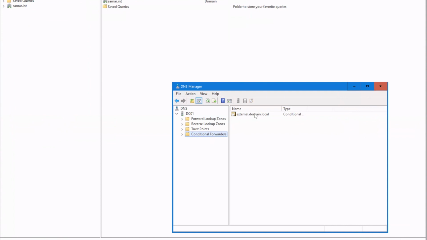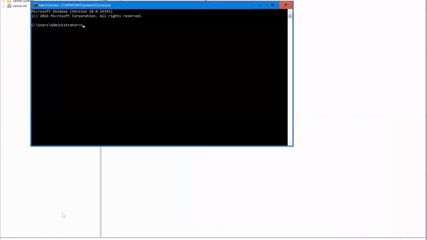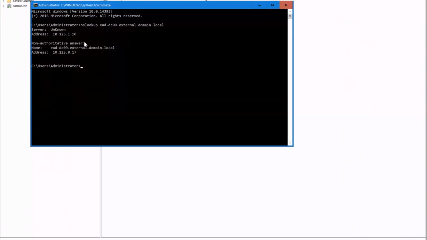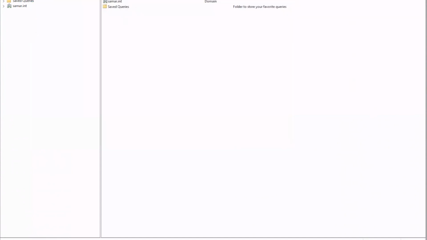We'll see a conditional forwarder for the external domain and the IP address of the existing domain controller, which is where we started, plus the IP address of EAD DCO9. So now you have two DNS servers that can reply to this query. This way, if we type in nslookup EAD DCO9.external.domain.local, we also get a resolution, and the way that resolution arrives is through